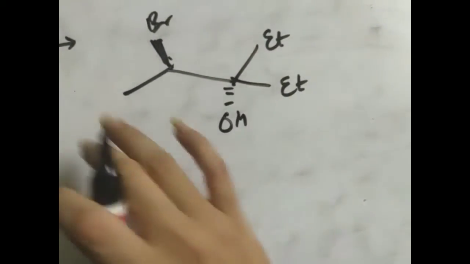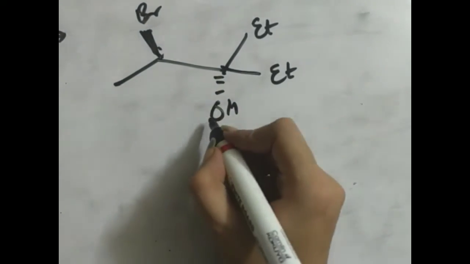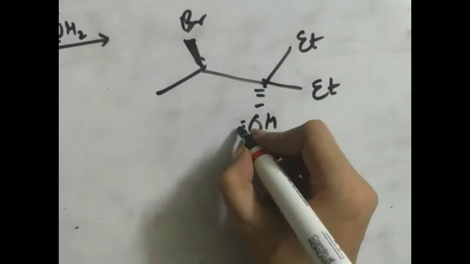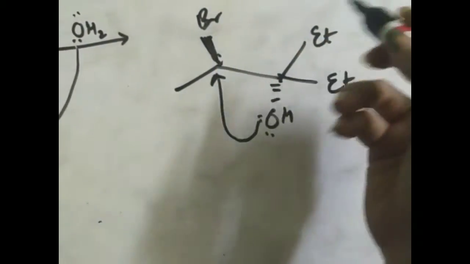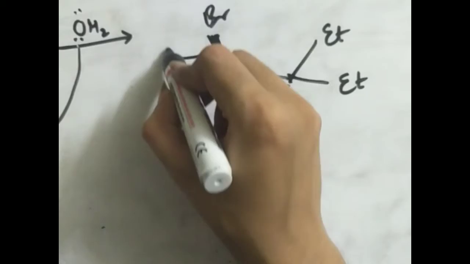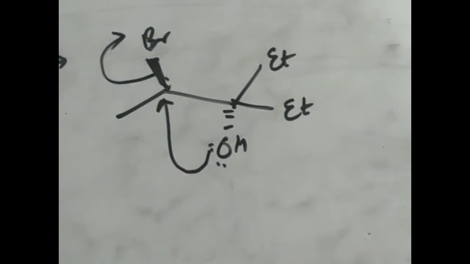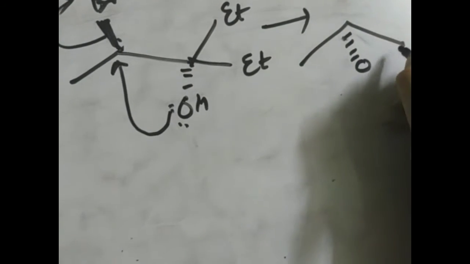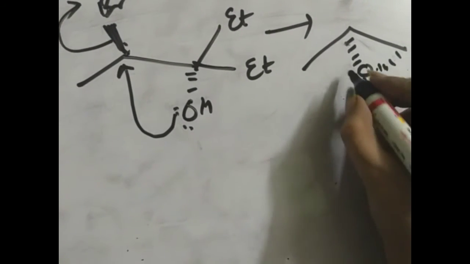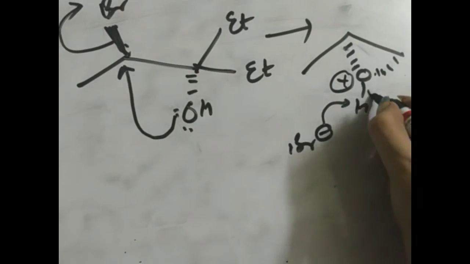Okay, and then as soon as this is obtained, this oxygen being nucleophilic, the lone pairs of oxygen being nucleophilic in nature, will just attack the sigma antibonding of bromine. Okay, of bromine, and this Br bond is broken because bromine is a very good leaving group. So we obtain this epoxide. We obtain epoxide here. It will be below the plane. There would be an H plus which will be taken up by this bromide ion.